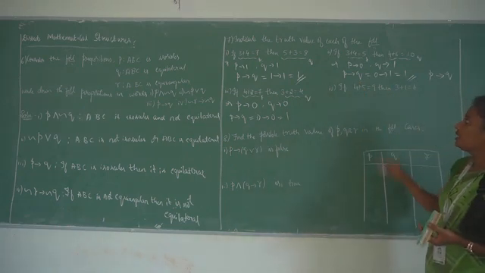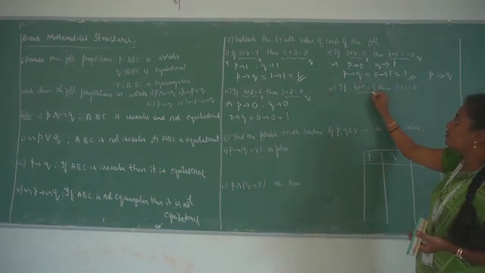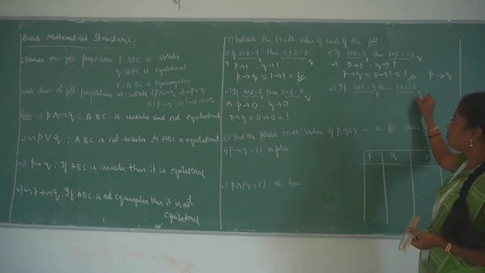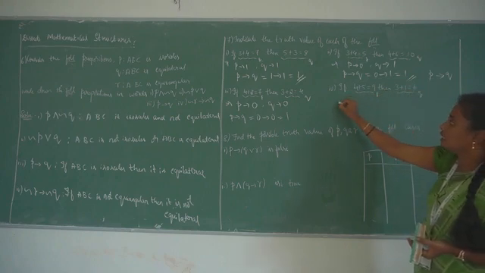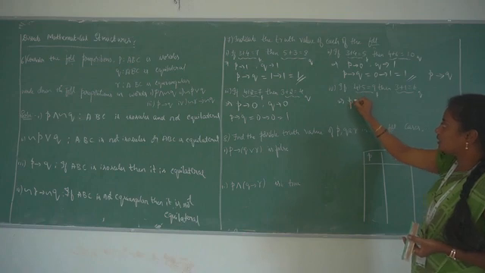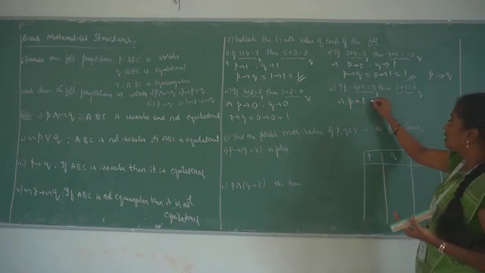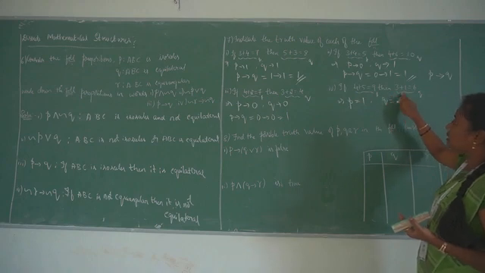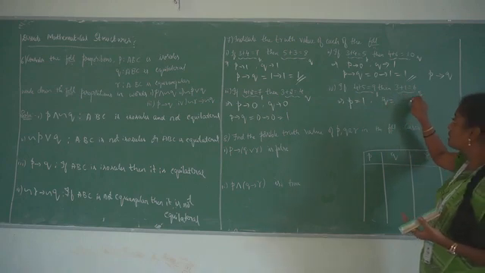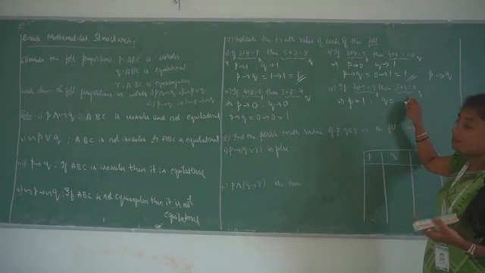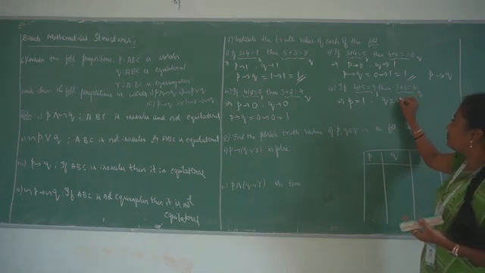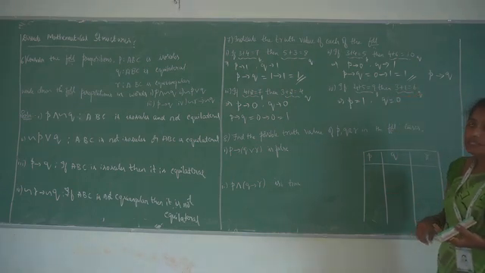Next, the fourth statement: if 4 plus 5 is equal to 9, p then q. 4 plus 5 is equal to 9, yes, it is a true statement. Then the value of p is equal to 1. Then what is the next statement? 3 plus 1 is equal to 6, but 3 plus 1 is 4, which is a false statement. Then the value of q is equal to 0.